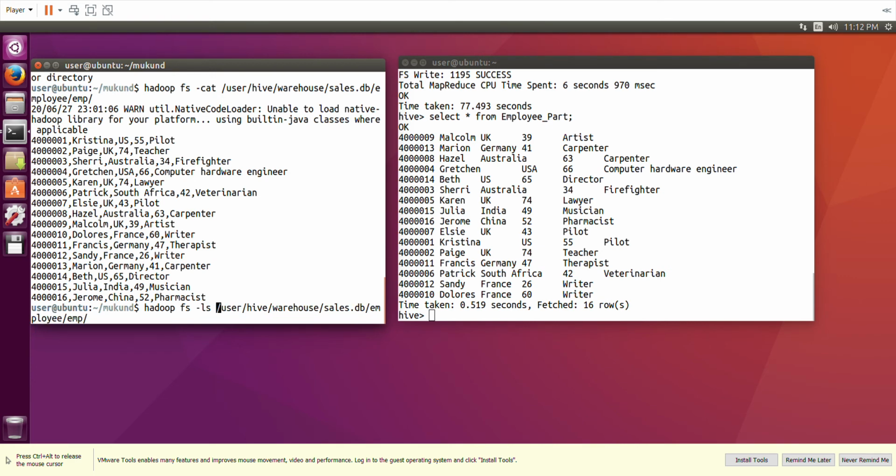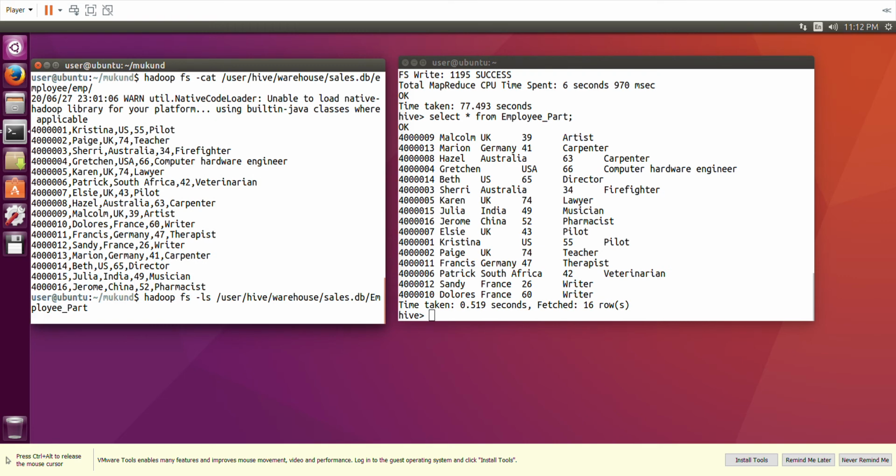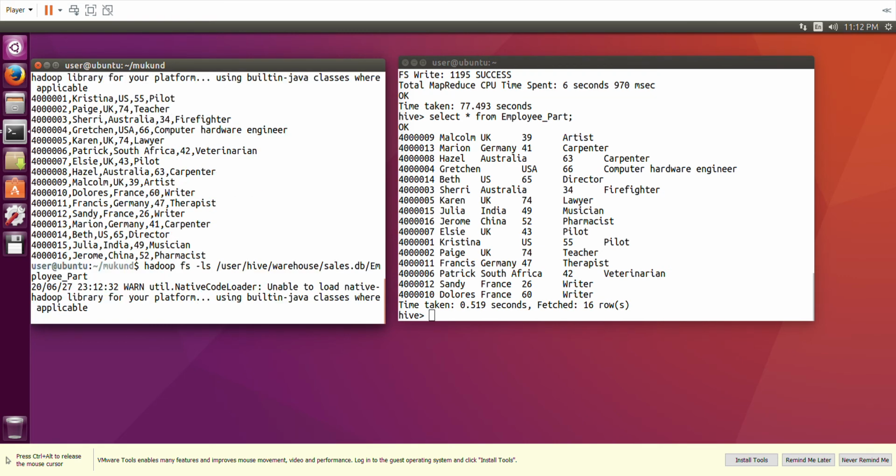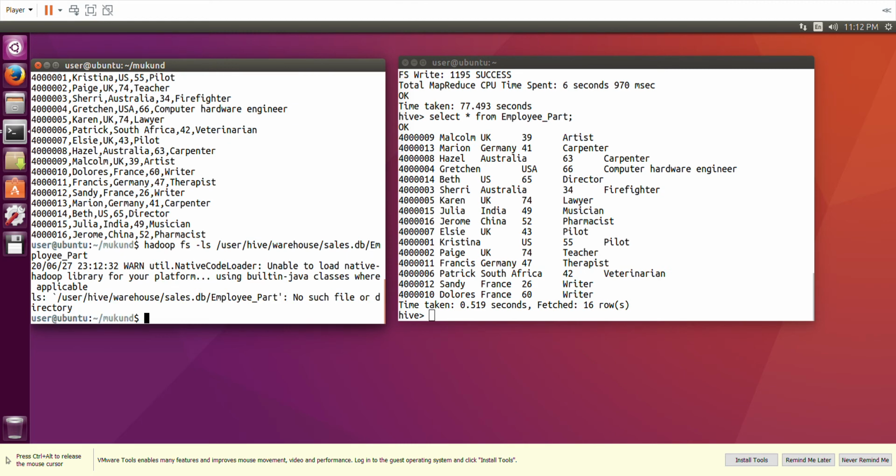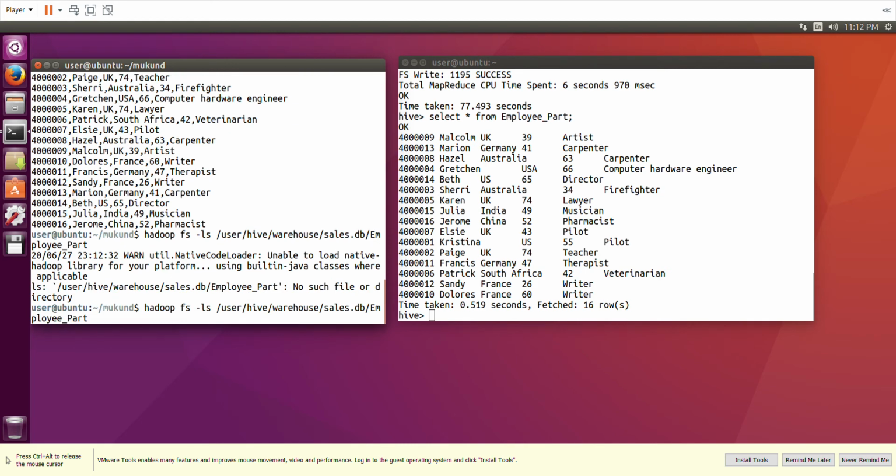and we know sales DB is the database. Now this time we are not using employee. So what we are doing is we are saying here employee underscore part. So let us see whether this is there, employee underscore part. Okay, so let me check again.